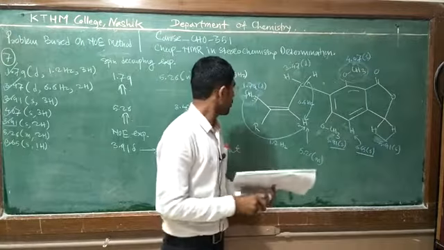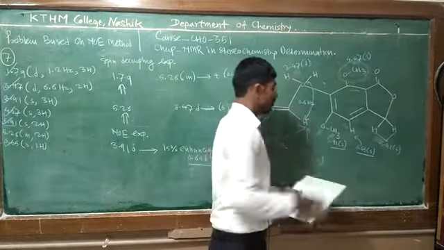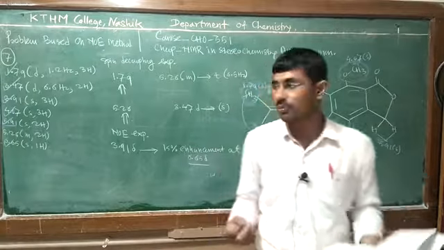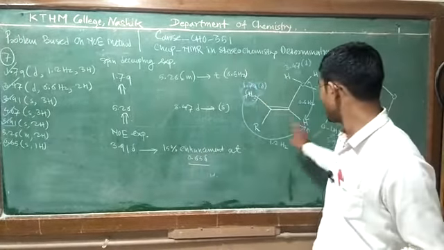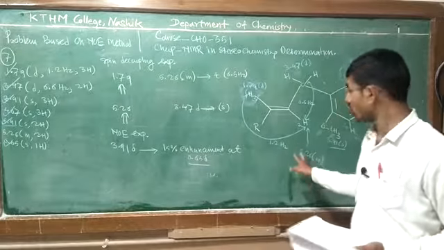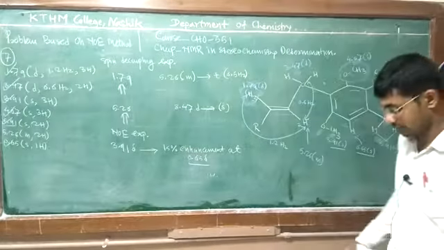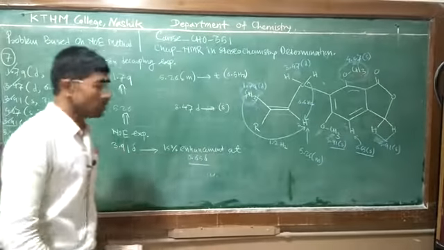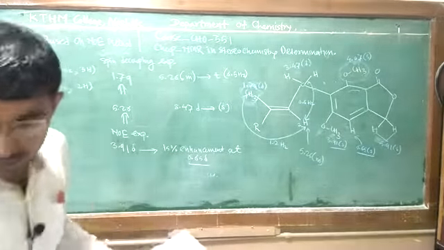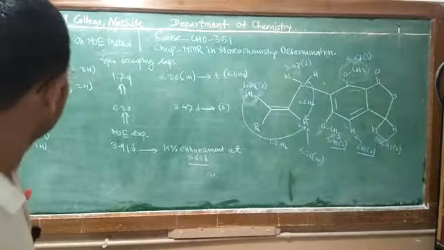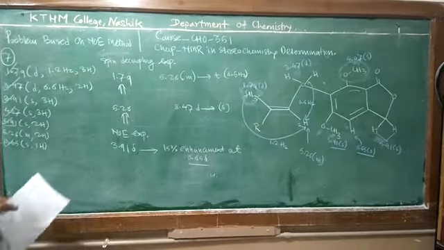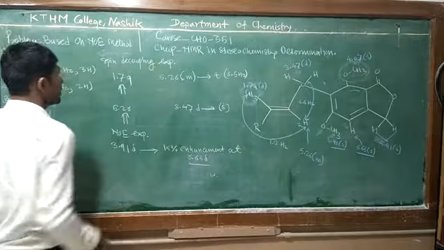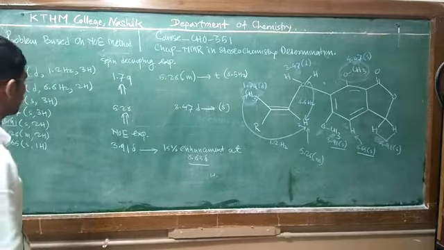Quartet and triplet mean you overall observe a multiplet. Because of that, we can assign the value to this alkene proton as the 5.26 multiplet. In this way we can assign the value. Next, you have to apply the NOE experiment. Firstly you apply a spin decoupling experiment, then the NOE experiment.